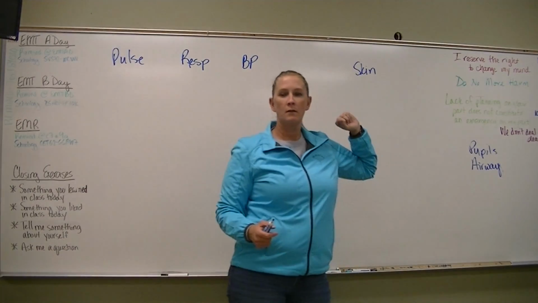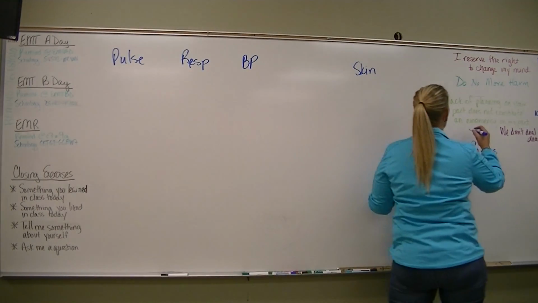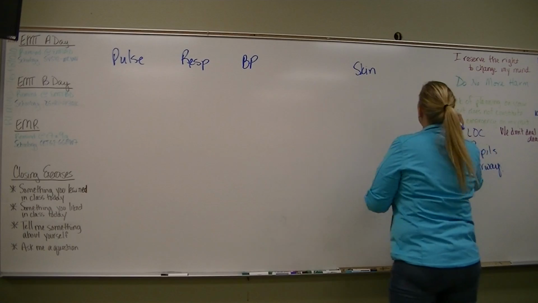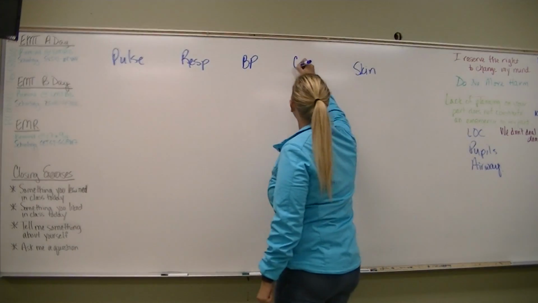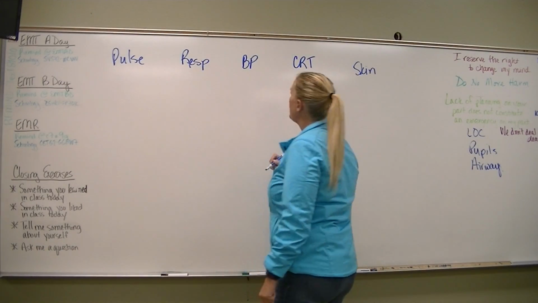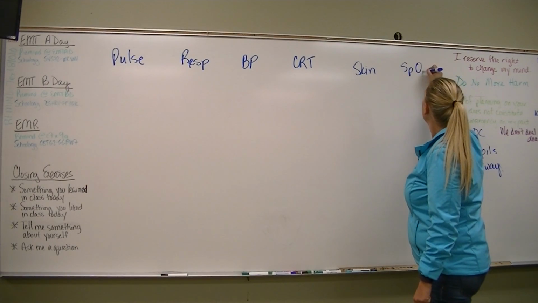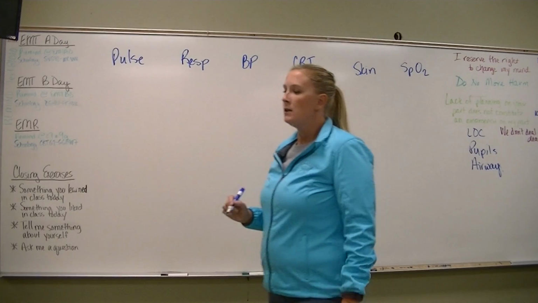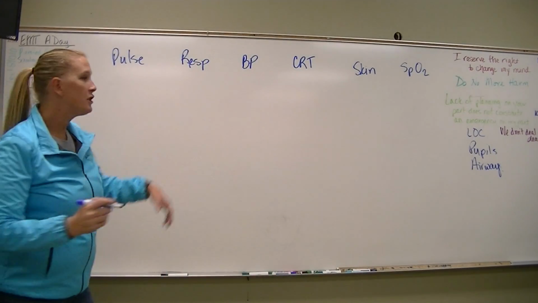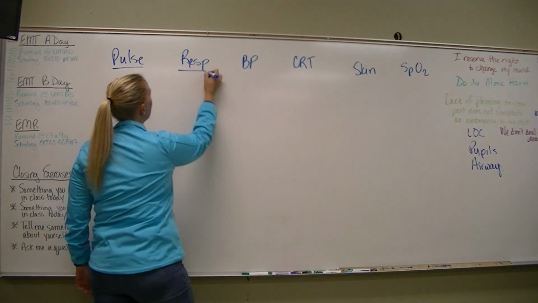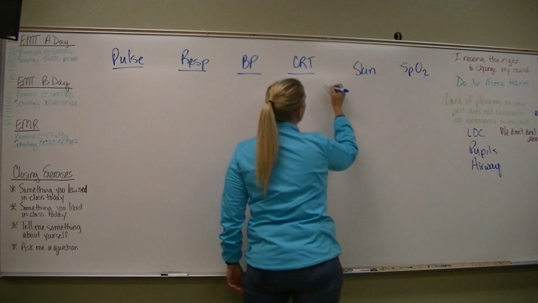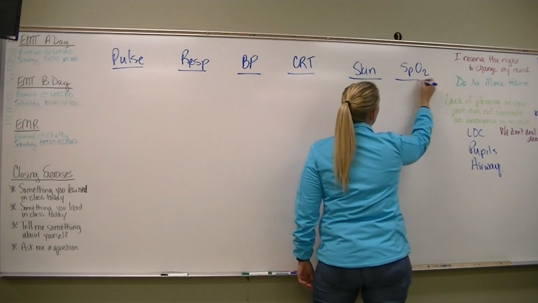Level of consciousness, okay. How about capillary refill time, and SpO2? Okay, so when we measure each of these 6 things, pulse, respirations, blood pressure, capillary refill time, skin, and SpO2,